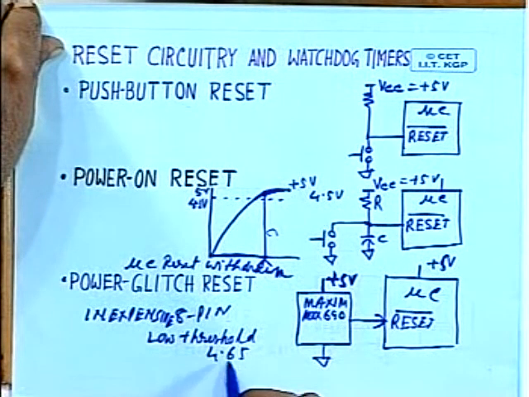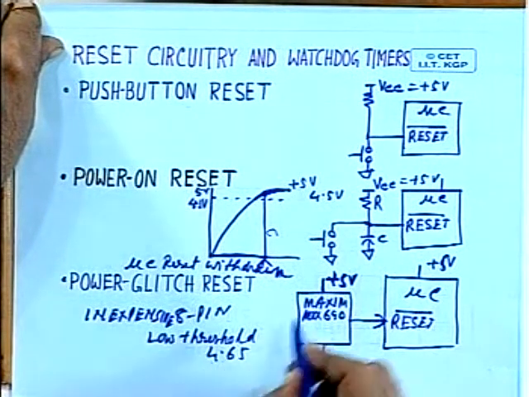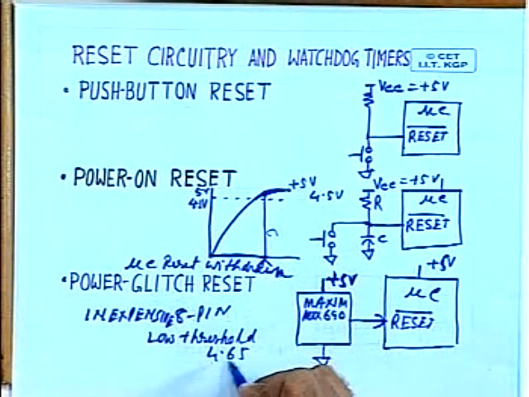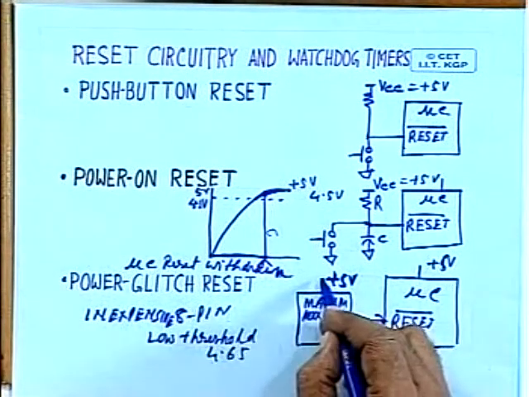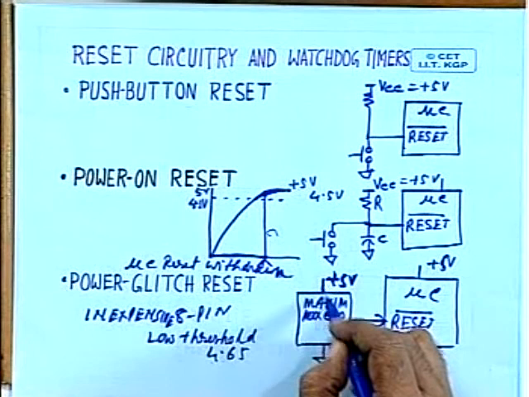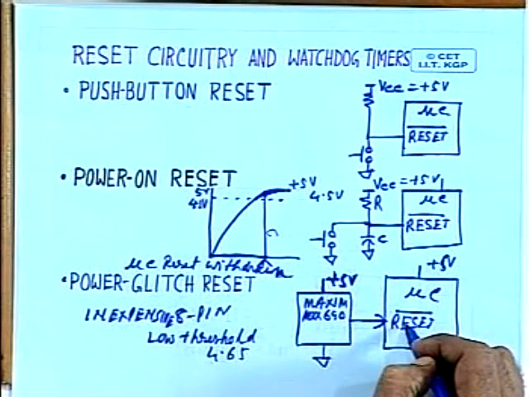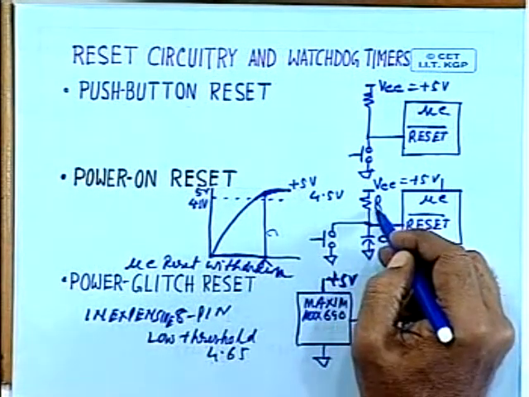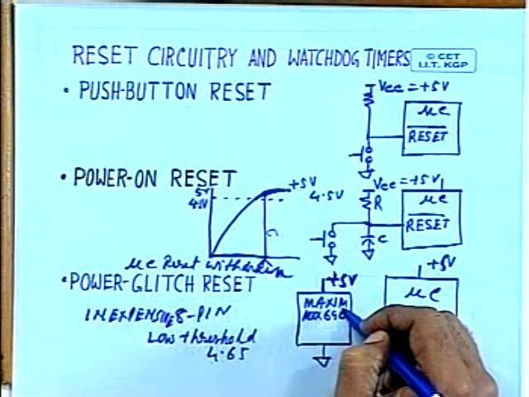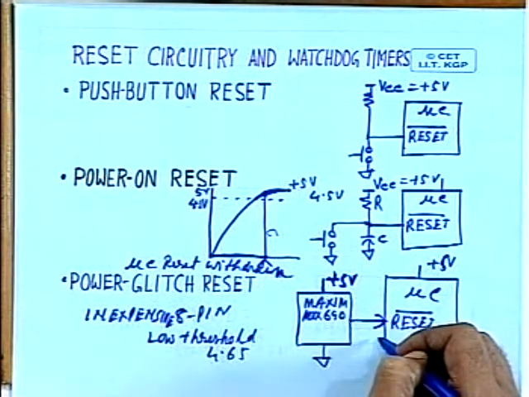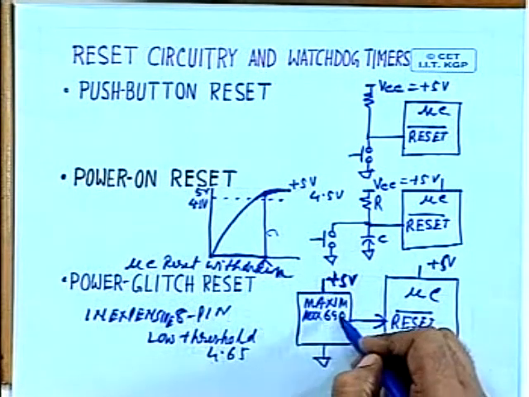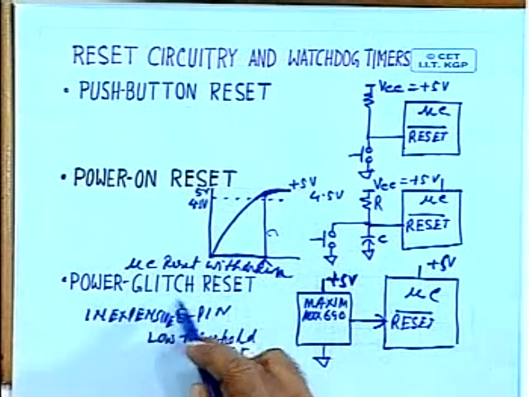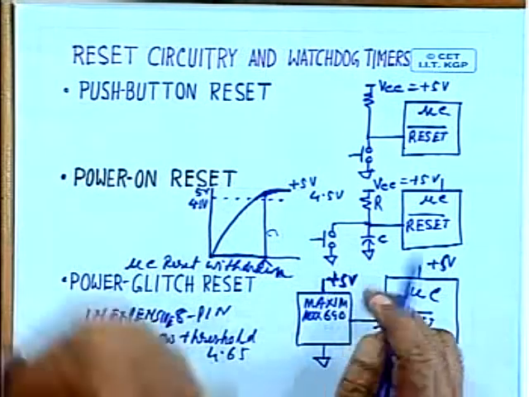the low threshold is 4.65, so until the supply voltage attains this voltage, the reset input will not be withdrawn. And in this case, the advantage is that even if there is a glitch on the power line, this will be reset. So the time constant of the RC circuit does not come into play in this type of power glitch reset circuitry. So you can use an inexpensive hardware to achieve power glitch reset, and this is very important in the